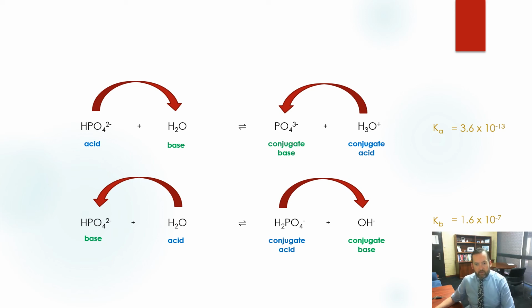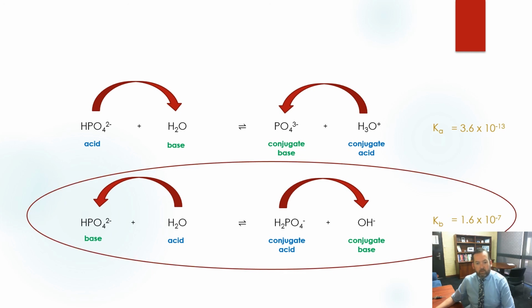Now that means that whilst these things are always happening in solution, it's much more likely that the hydrogen phosphate will act as a base. Remember, K is equal to the concentration of the products at equilibrium divided by the concentration of the reactants at equilibrium. So this second equation with its larger Kb means that the products are more heavily favoured than the reactants. So in solution, hydrogen phosphate ions tend to be more basic than they are acidic, although it can act as both an acid